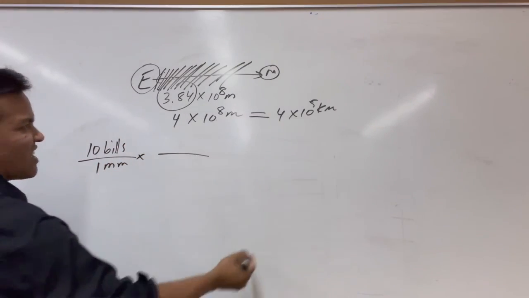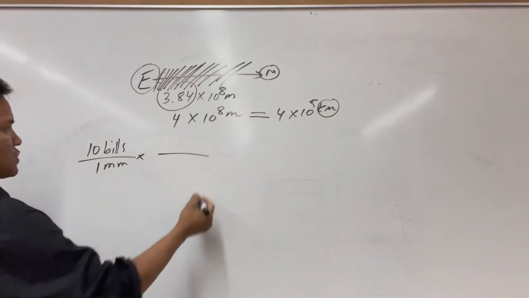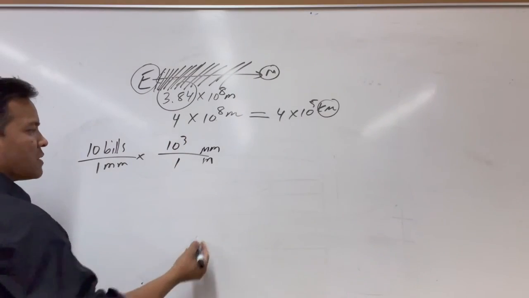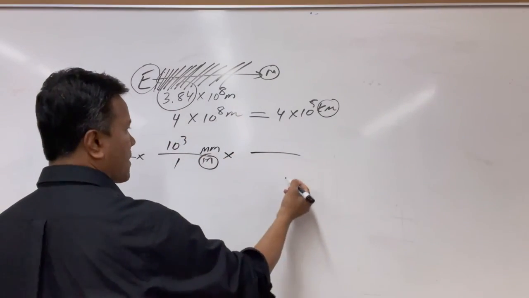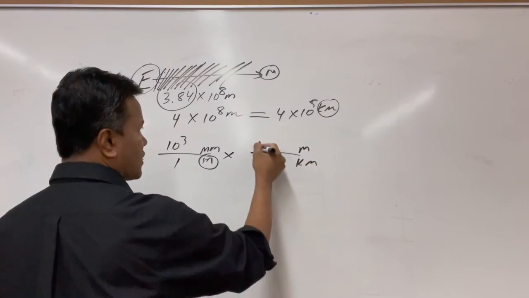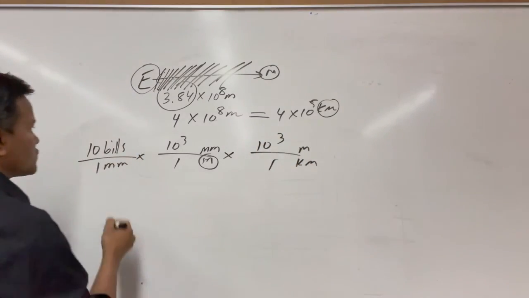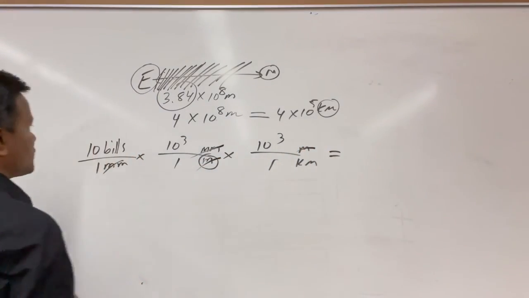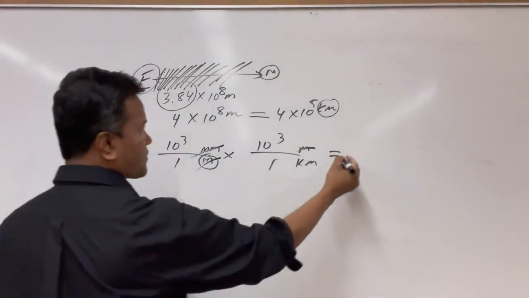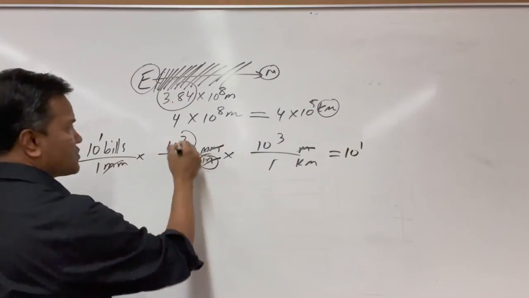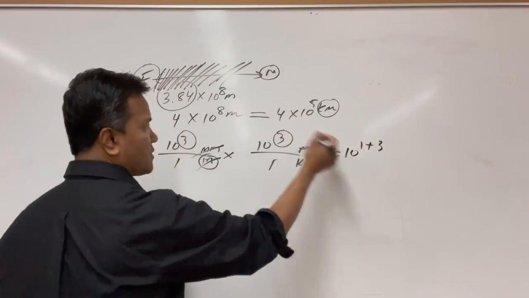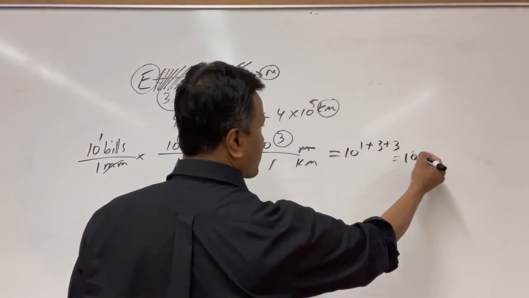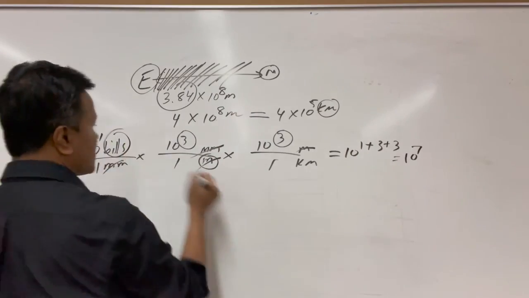I don't want millimeters, I want kilometers. 1 meter is 1000 millimeters, but I don't want meters, I want kilometers. So 1 kilometer is 1000 meters. The millimeters cancel, the meters cancel. So what are we left with? We have 10 raised to 1 plus 3 plus 3, so we have 10 raised to 7 bills